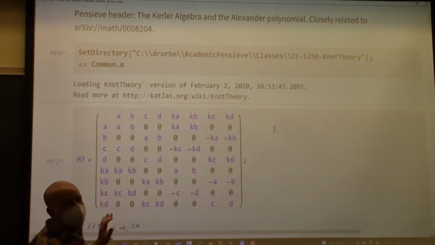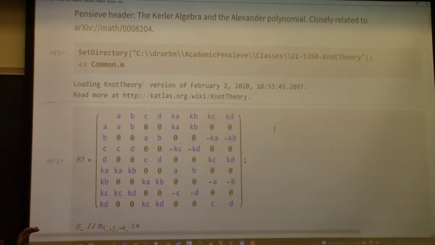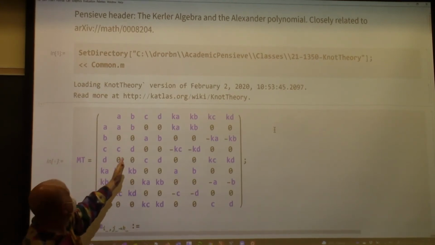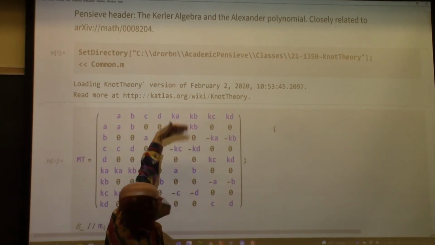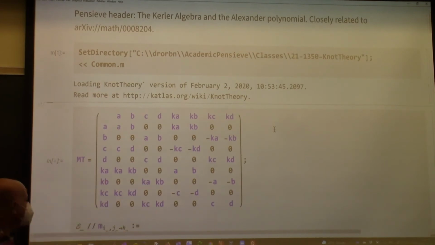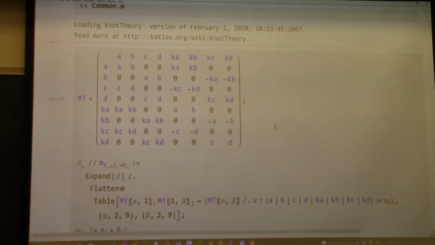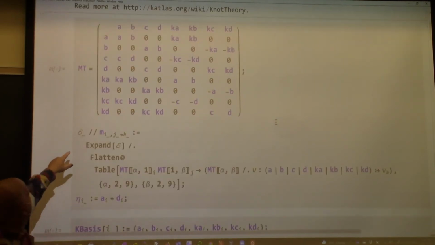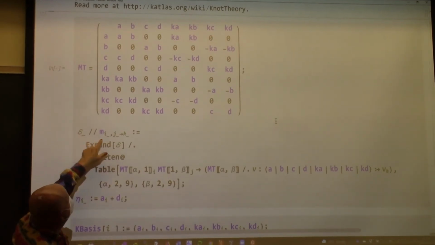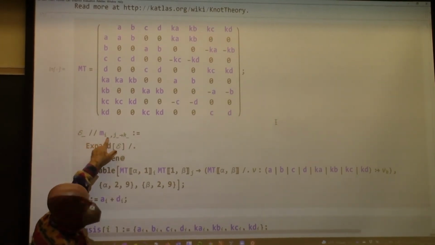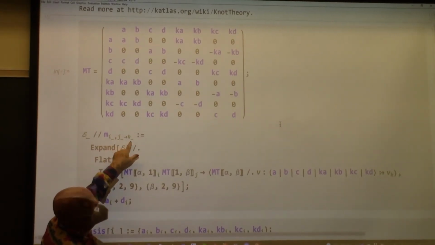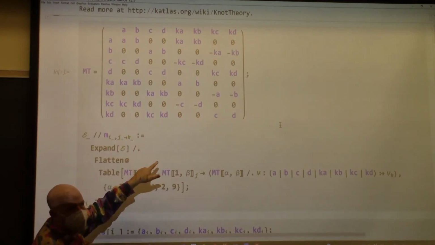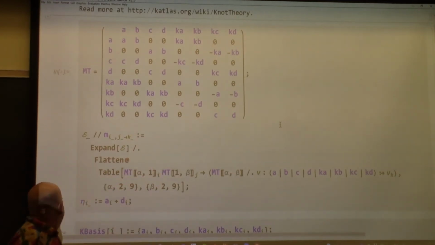That's the multiplication table. It's a 9 by 9 matrix because it has an extra column for the names of the rows and an extra row for the names of the columns. And then I tell you what to do if you have an expression and you want to multiply tensor factor i with tensor factor j to get output in tensor factor k. So I work with my usual conventions,